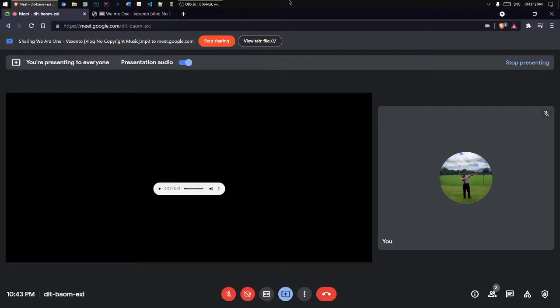Of course, there might be some degradation in audio quality, which is the same for all audio files that are played online, but it's definitely better than having the audio being detected by your microphone, which will yield even weaker audio quality. All right, so I'm going to test that with video. So I'm just going to stop sharing.